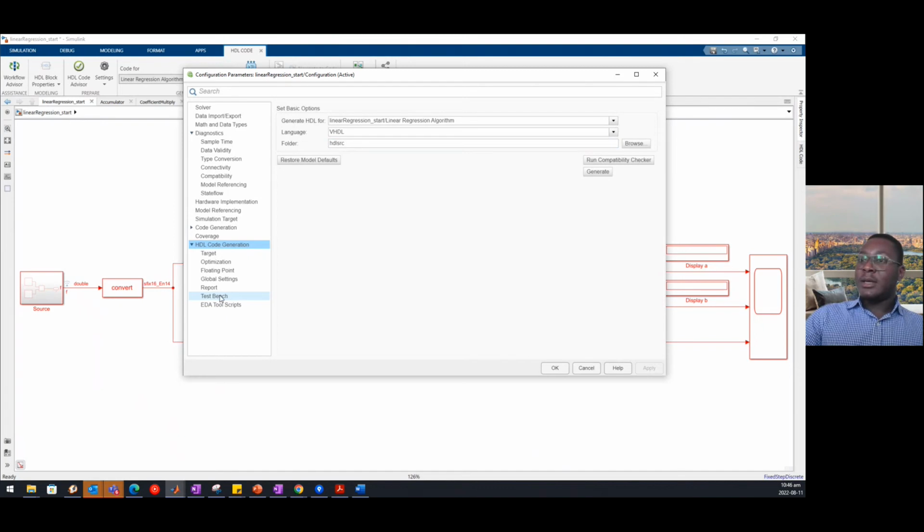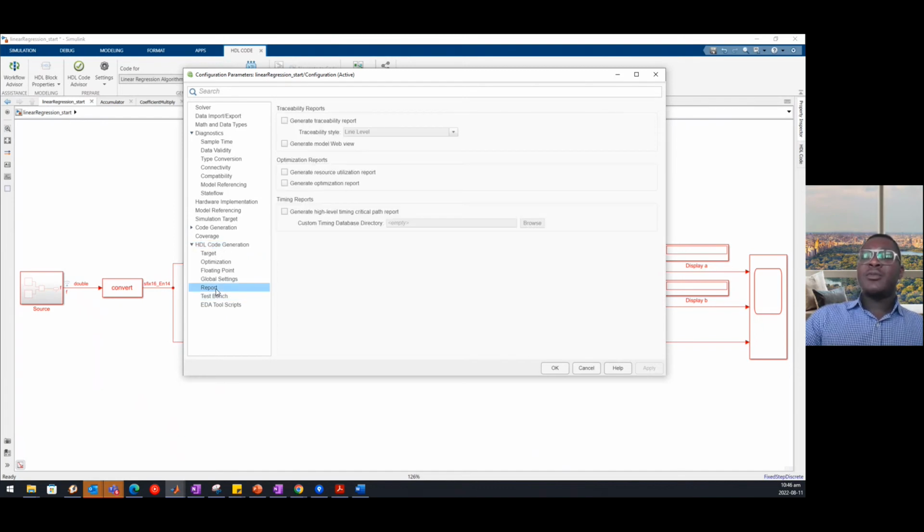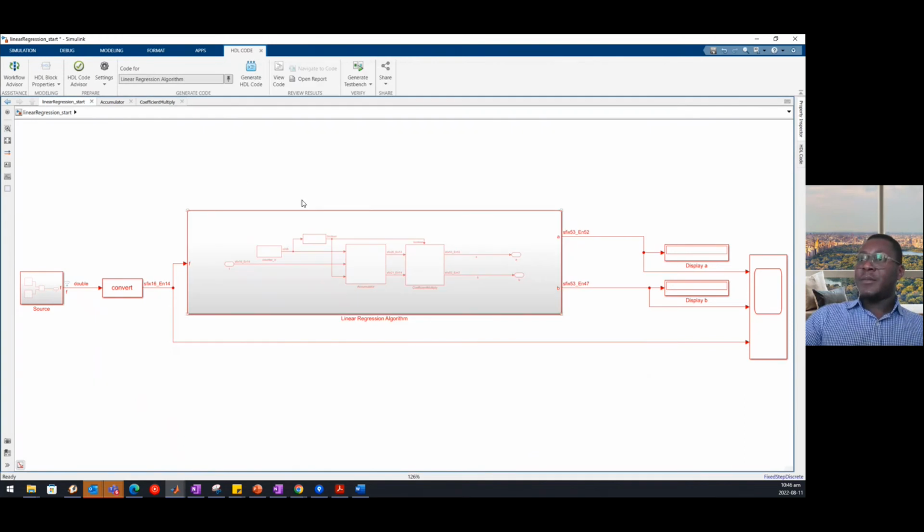And then we can choose to see certain reports when HDL code has been generated. So we can choose to see a traceability report. We can generate a model web view, an optimization report, as well as timing reports. So hit apply, hit OK, and then we're ready to generate HDL code for the subsystem. So for this, we can simply click on Generate HDL Code,